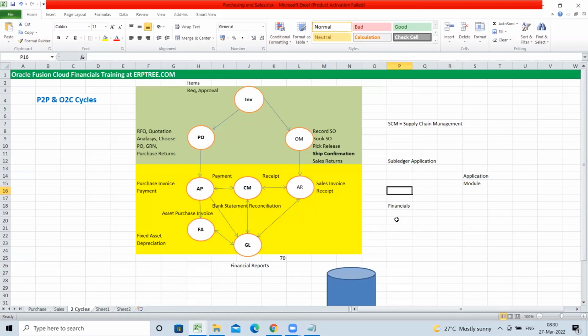When we are doing the implementation, if there are any issues, we can talk to Oracle. Oracle can help us. If there are any application-related issues, we can take support from Oracle. Once implementation is done, when the client starts using these applications, say they are creating purchase invoices and processing payments using accounts payables, if they are facing any issues,